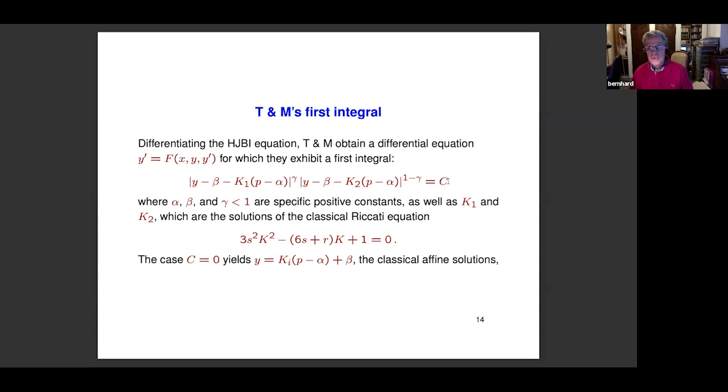And now if you try C equals 0, then you need that either of the two coefficients of the two terms be 0, and therefore you find y as a affine function of p, which I wrote here. Or you try what happens if c is not 0, and then you have curves in the py plane, which I'm going to comment upon. The py plane is the classical plane used by calculus of variation. They say that they lift the problem in this plane.